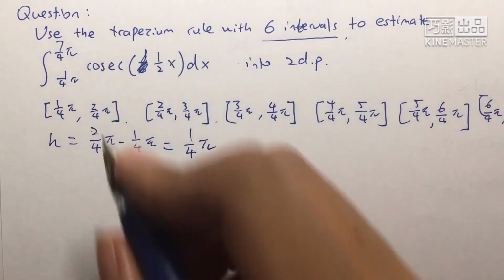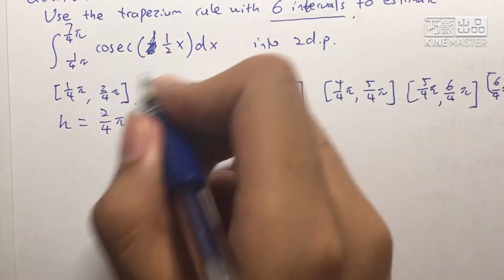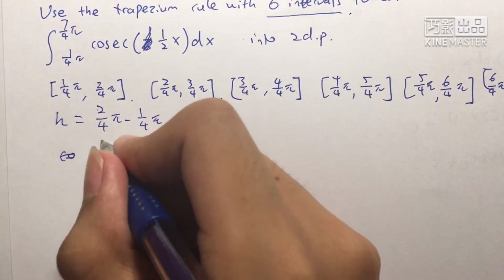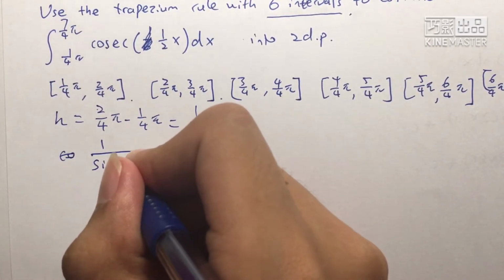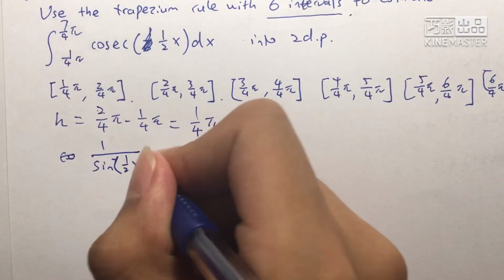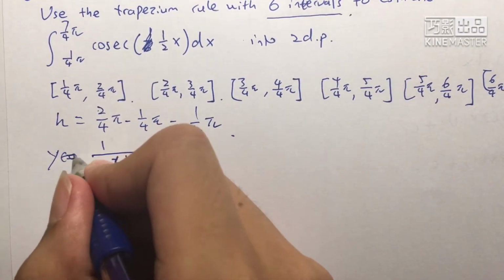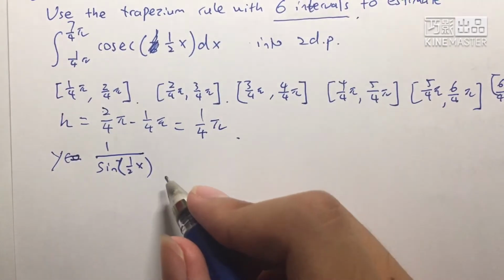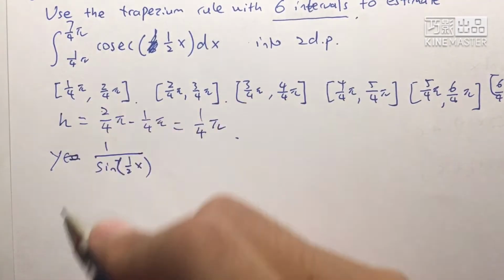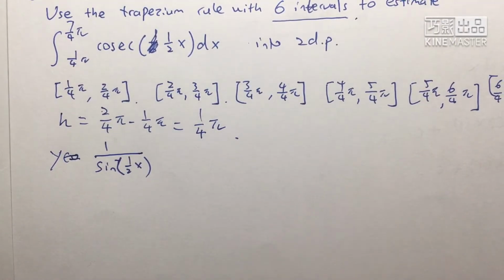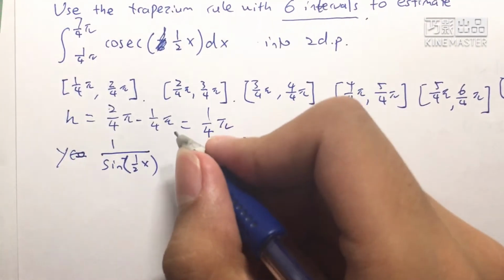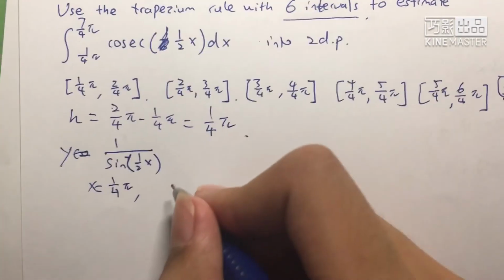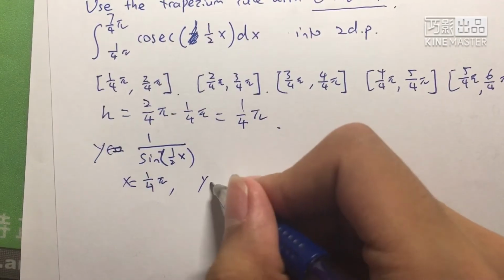calculate the y values. So now we need to use our equation. Our equation is cosecant, which means 1 over sine of a half x. So that is our initial value. So y equals 1 over sine of a half x. And now we just substitute all the values in. So if x is equal to 1 over 4 pi, then